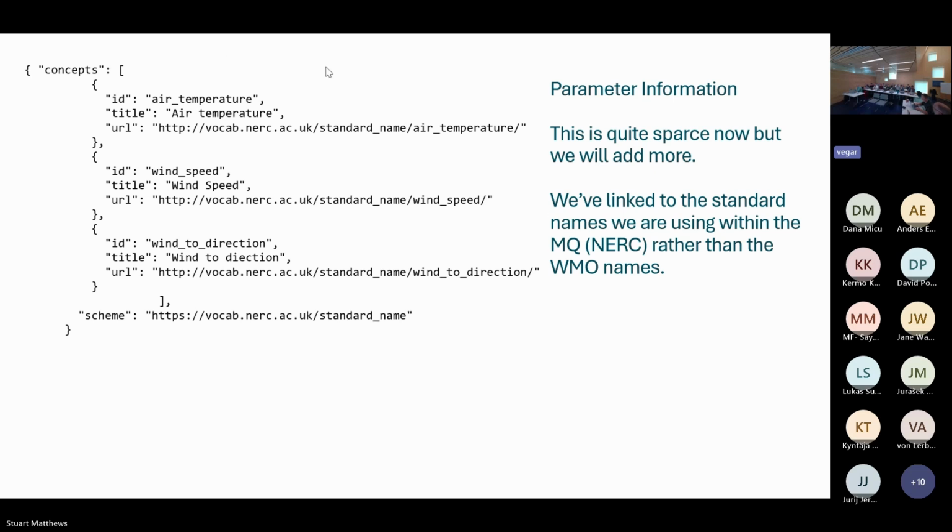So the list of parameters in the concept, I think we had that. In ISO and in the open radar data, the list will be quite long. So our initial idea was just to say that the concept was surface observations, and that you have to